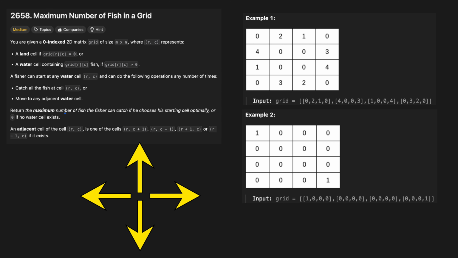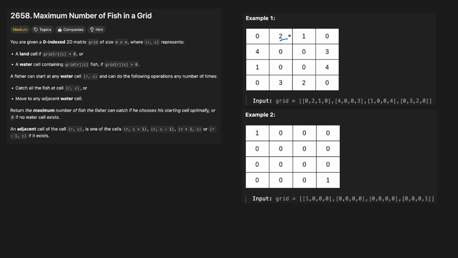And in the end, we should return the maximum number of fish the fisher can catch if he chooses his starting cell optimally, or 0 if no water cell exists. So the goal is to find the maximum number of fish the fisher can collect starting from any optimally chosen cell. Then in example 1, for the given grid, suppose the fisher started from this position, then it can go on